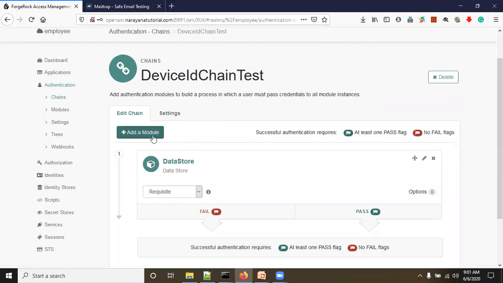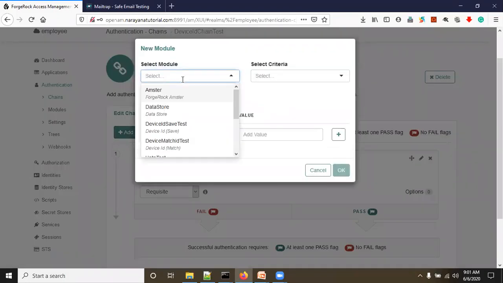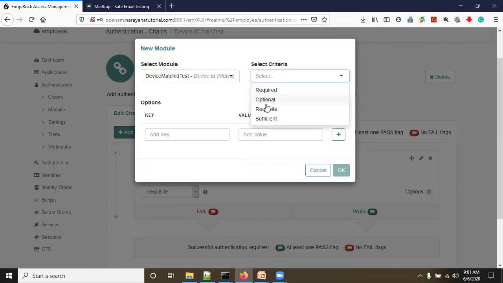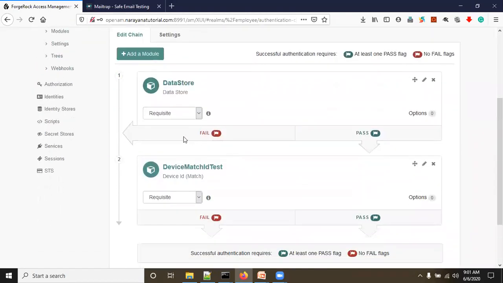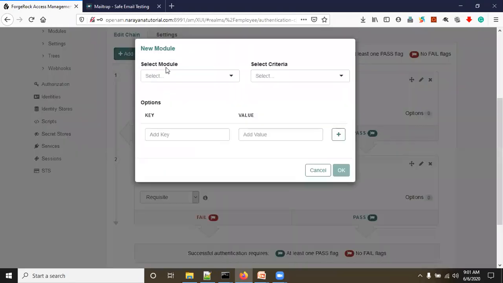And the same way click on add module. Here we need device match. This is also requisite. Click on OK. After that, again click on add module. Select HOTP test. Click on requisite.